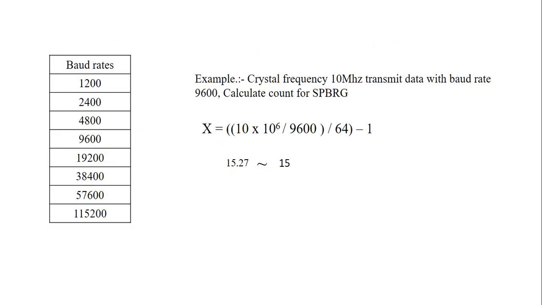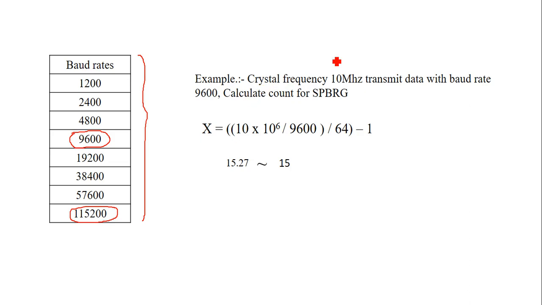So these are the standard baud rates. As we increase the baud rate, the speed of transmission also increases. Some peripherals require 2400, some require 4800, and some where fast processing is needed require 115200. It all depends upon the crystal frequency which you are going to choose. But mostly we go with 9600.